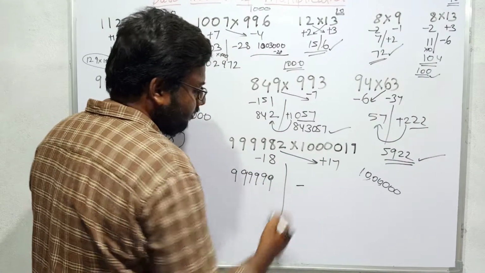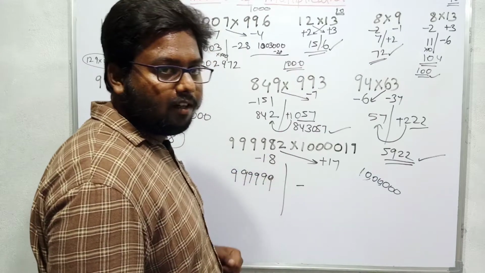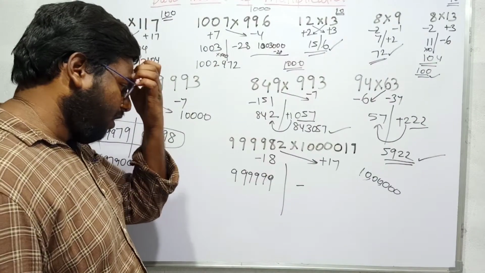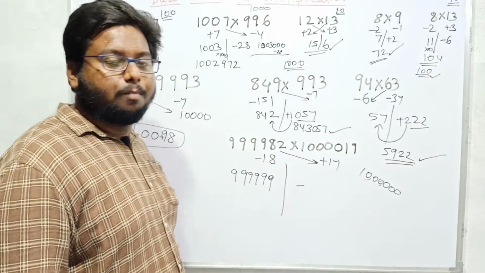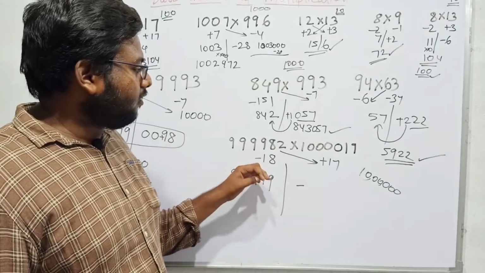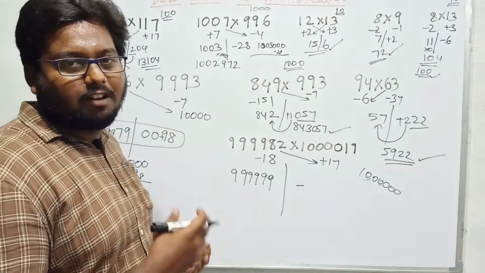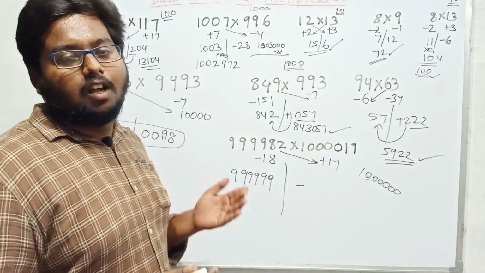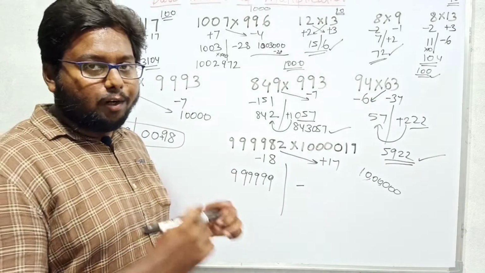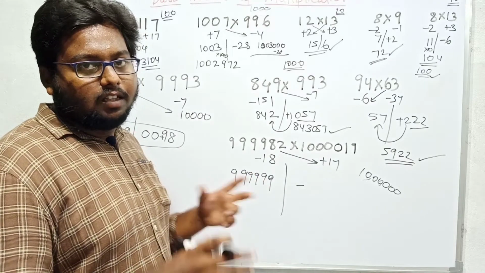When you kept, this will be minus, and 18 into 17 I made you to calculate very fast, because in the concept of part 3, that means how to calculate the product of two consecutive numbers, 17 into 18, 17 square plus 17, otherwise 18 square minus 18. If you calculate 17 square plus 17, 289 plus 17, that will be 306.